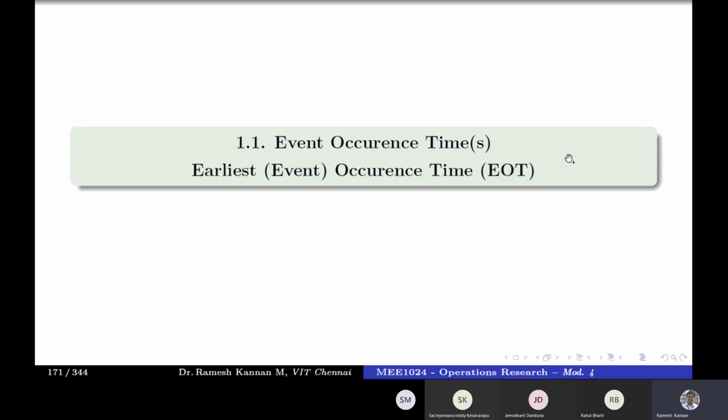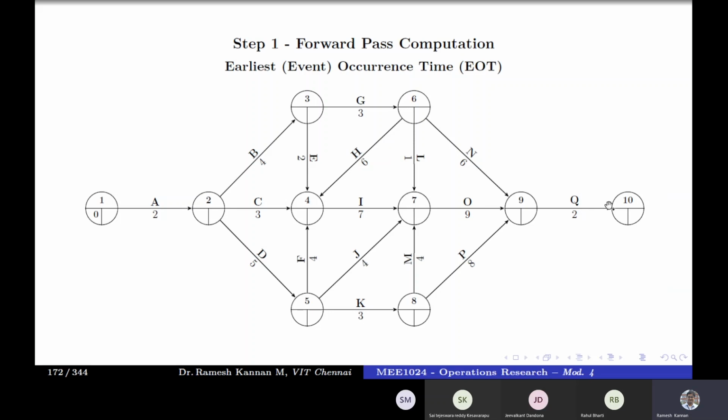And first one will be finding the event time. So event occurrence time or event time, whatever it might be. And in a forward pass, we'll be doing it from left to right. Okay. So this is the first event. How early this can start is 0 because there is no activity preceding that. The event 1 starts on that day itself, so it doesn't have to wait. That is why we marked it with 0, which means that it doesn't consume any time. So it starts instantaneously at that point itself.